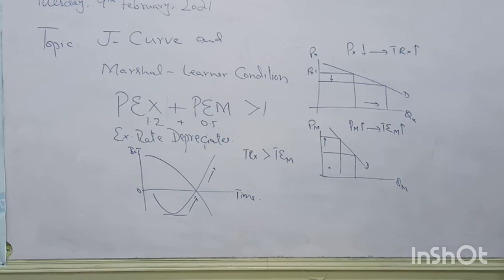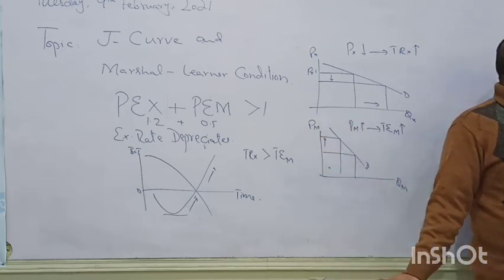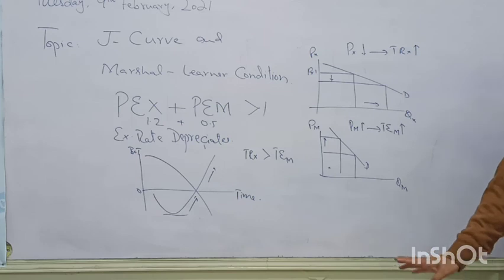Okay, what happens to terms of trade when our exchange rate depreciates? Terms of trade, do you remember? Export price ratio to import price ratio. Okay, I will do it later on. So up till here, this is clear. Any question? That's all for today. I will be doing a little thing for tomorrow, but I think you are not having a class tomorrow. Day after tomorrow, I will be showing, read out the topic terms of trade, then I will be explaining how the exchange rate is affecting the terms of trade.